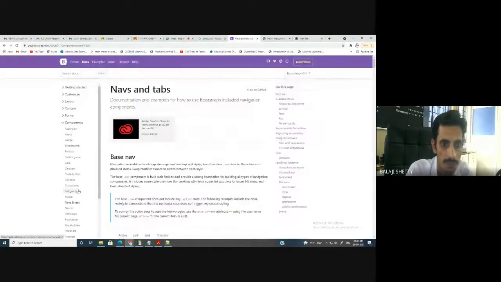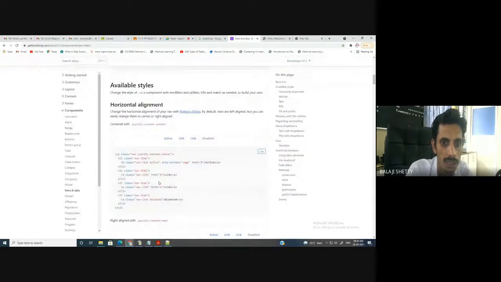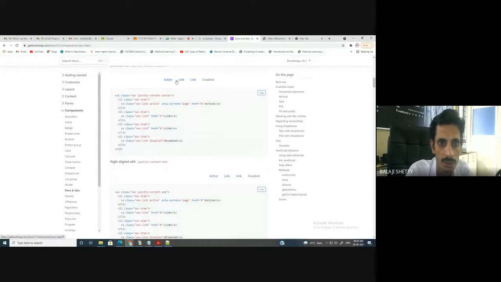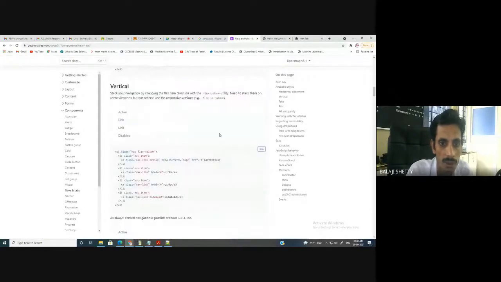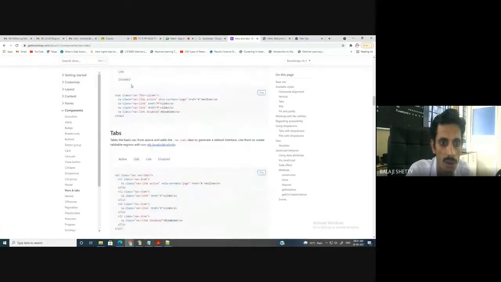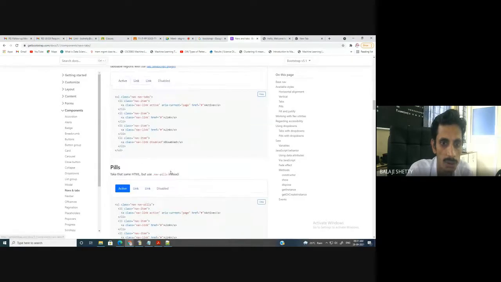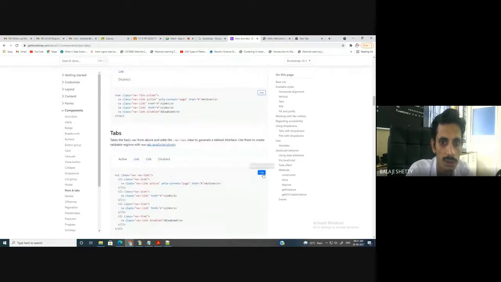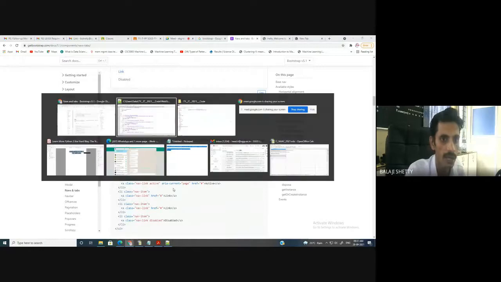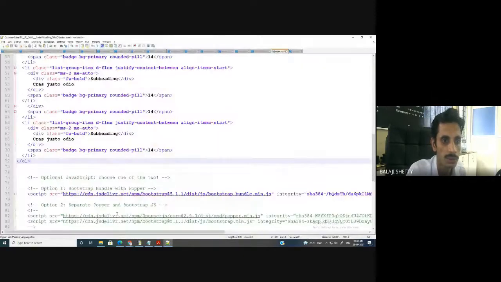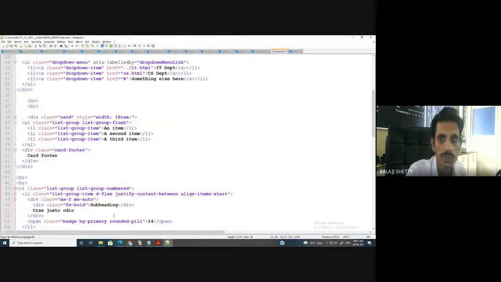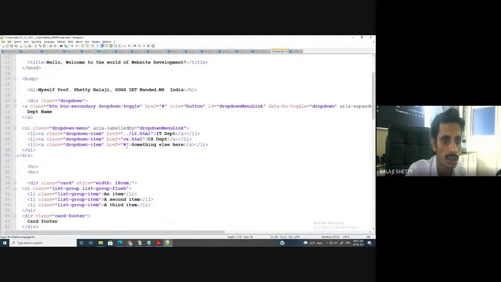Then navigation tabs. Okay, these are the navigation tabs. You can have this navigation bar. Here you can have navigation in this way also. Okay, I just show it. You can see this navigation bar now. Better I put this navigation bar initially.